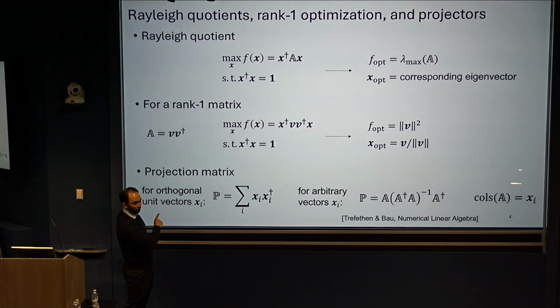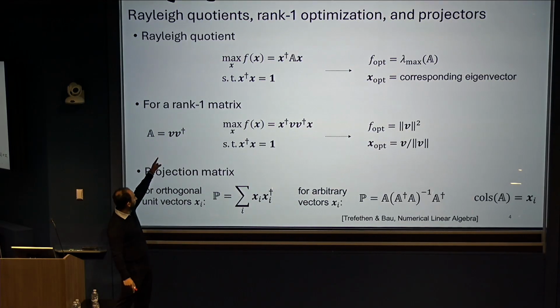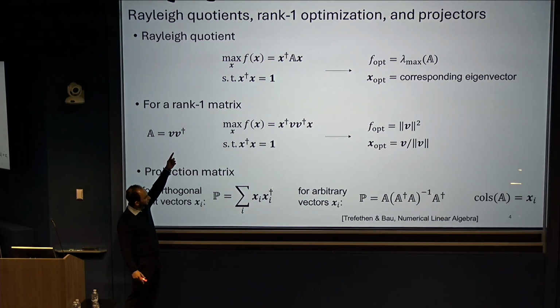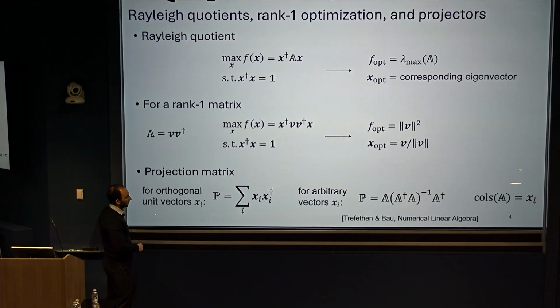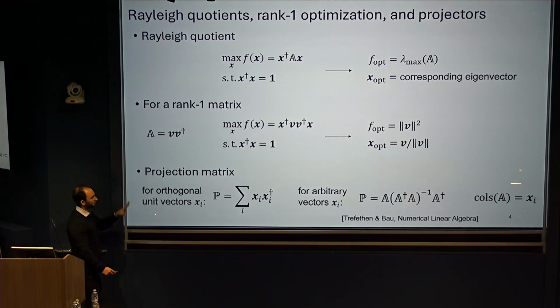When that matrix is rank 1, the solution is even simpler. When A is rank 1, you can write it as an outer product of a vector with itself. And in that case, the eigenvalue can be written down directly as the squared norm of that vector, and the optimal x in this case is just the normalized version of that vector. Technically, rank 1 could also have negative values here, but then the maximum would just be a trivial 0. So we'll exclude that case. In all cases, it's going to be these positive definite rank 1 matrices.